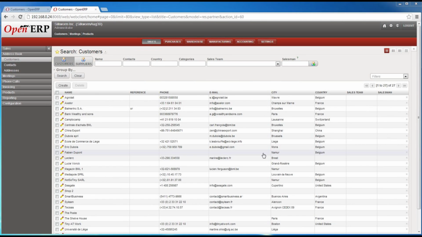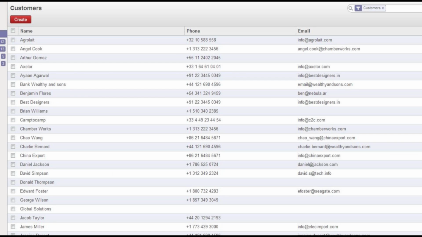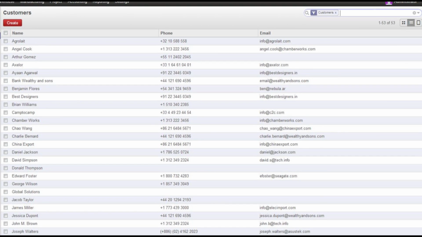Alright, now I'm going to take a quick look here at version 7's change and how they manage searching and finding records. Here in version 6 you'll notice that we have the fields hard coded up here, taking up screen real estate, and you're not seeing data here, it's just taking up space in a sense. In version 7 they're going for a more clean look. You can see when you look at the list of customers here that you don't have all those fields taking up space, and on the right you can use the